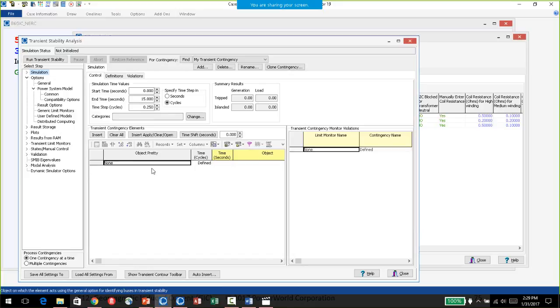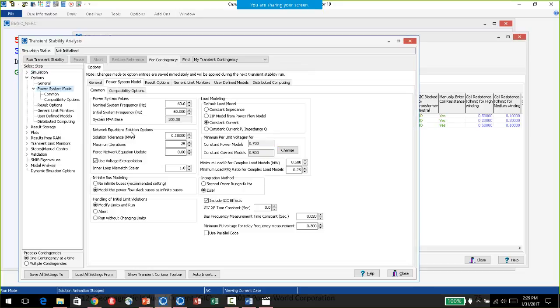But if you did want to say, for example, that something else would happen during that GIC event, you could put those in as events in transient stability. I'm not going to go through all the details of using our transient stability tool here because that's potentially days' worth of material or more. Suffice to say, you can come in here and just choose to include the GIC effects.